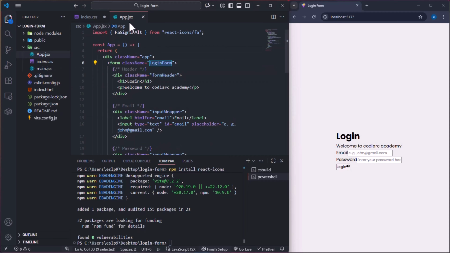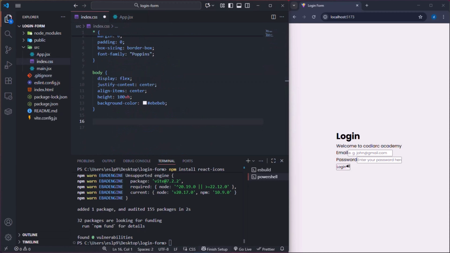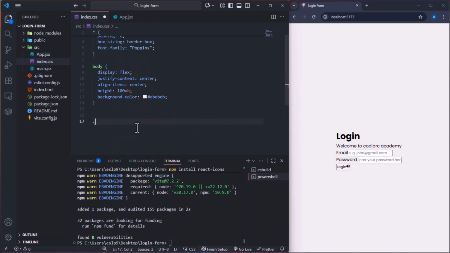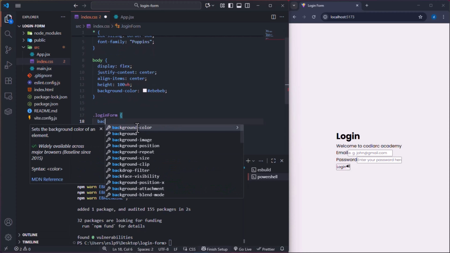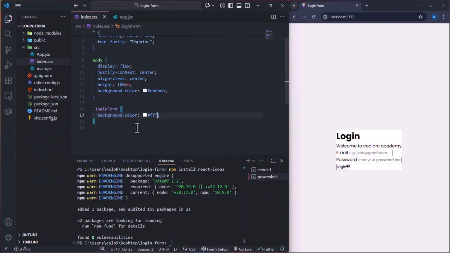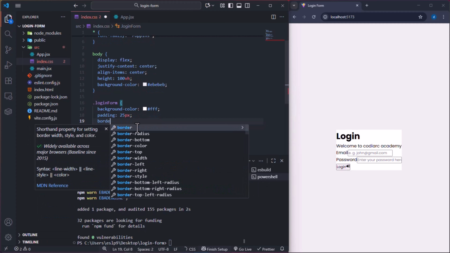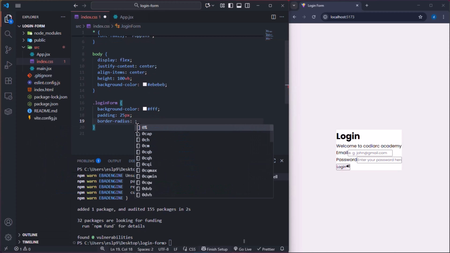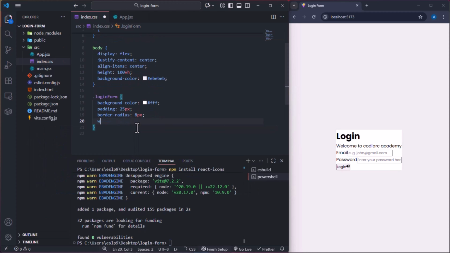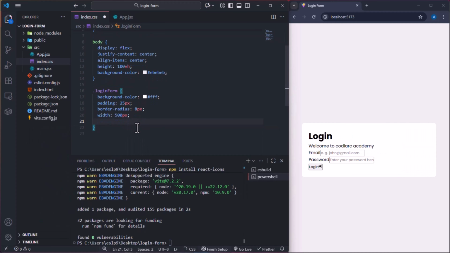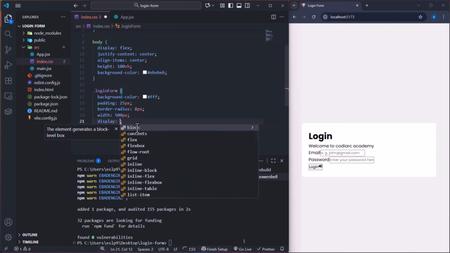So I'm going to copy this class, and the login form should have a background color of white and a padding of 25 pixels and a border radius of 8 pixels. The width should be 500 pixels, and the display flex